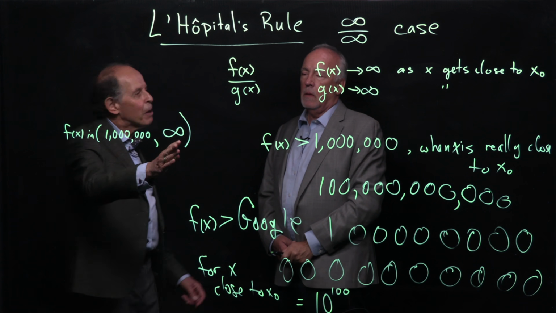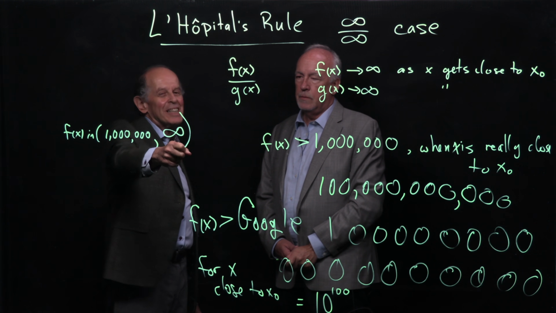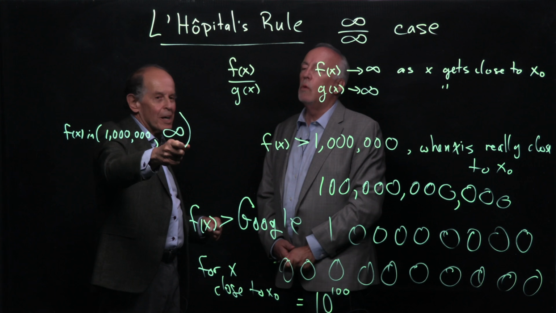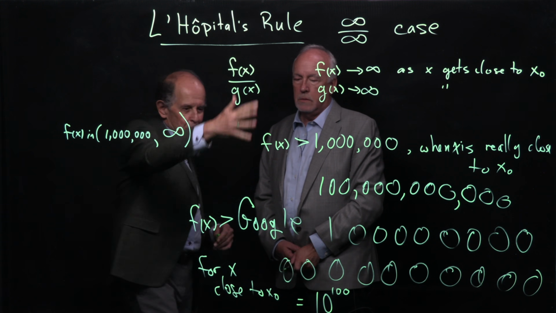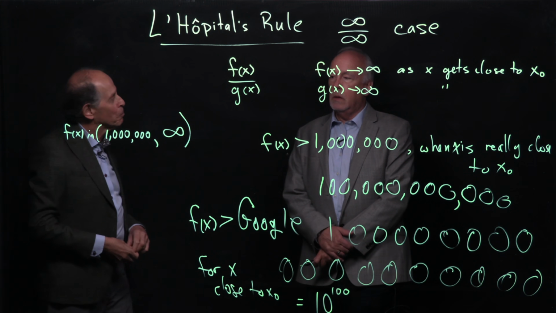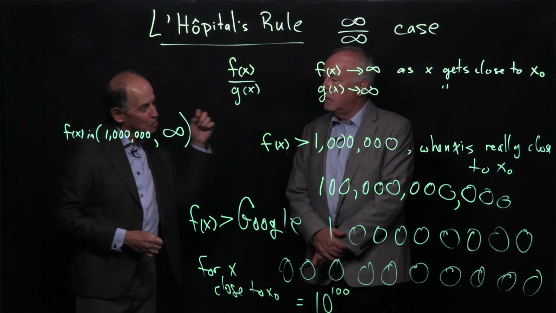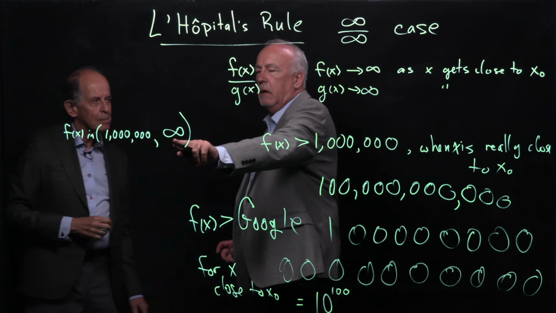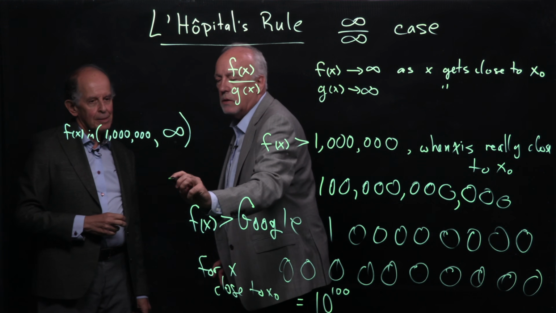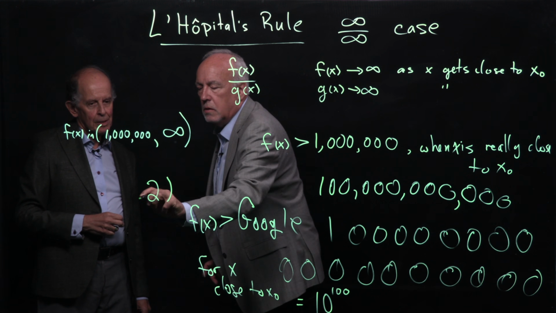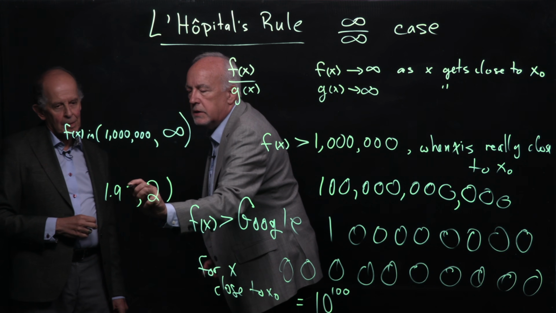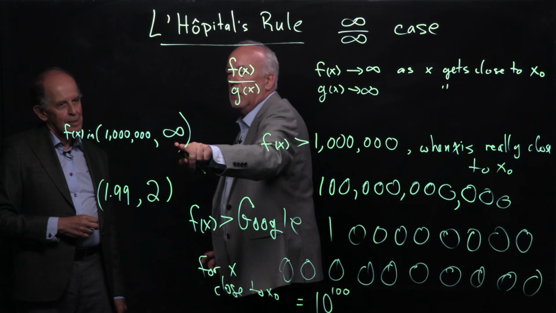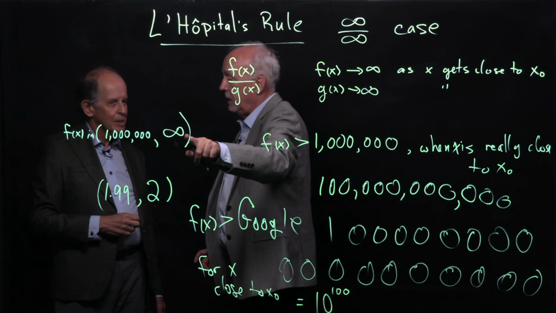And now the analogy with 0 is interesting because in the 0 case of L'Hopital, we say close to 0. And now we're saying this, which is really a representation of this process: a number as big as you want rather than a number as small as you want. Right, a number as big as you want. And so now we're treating infinity like other numbers. So for instance, I can talk about numbers that are close to 2, everything from, let's say, 1.99 to 2. This is an interval that contains numbers close to 2. This we think of as an interval of numbers that are close to infinity.